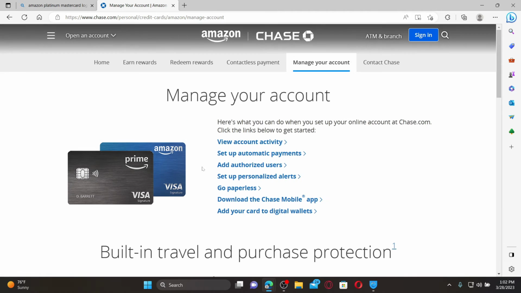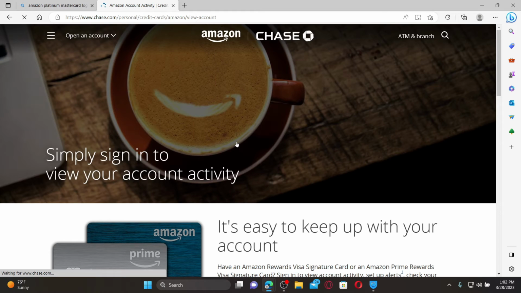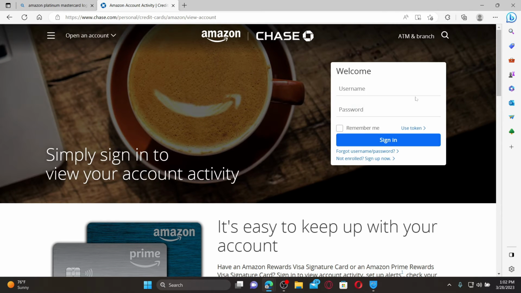Chase.com. Once you open up the Chase.com website, you'll be able to set up your account, view account activity, add authorized users, and much more. Select any one option and then enter your sign-in credentials on the next page to get access to your Amazon